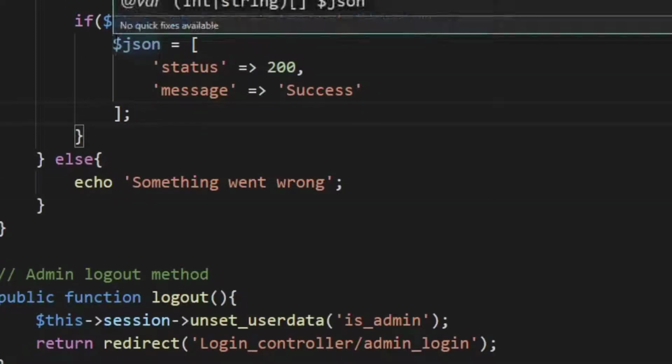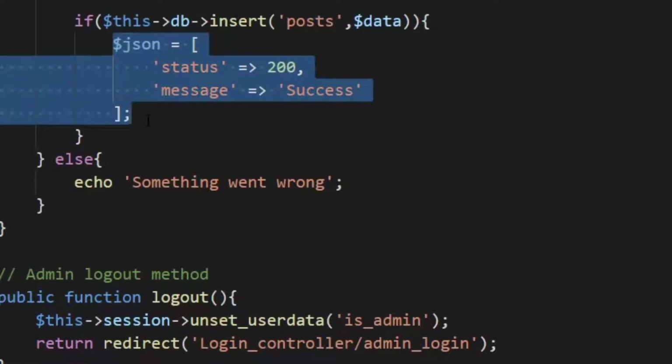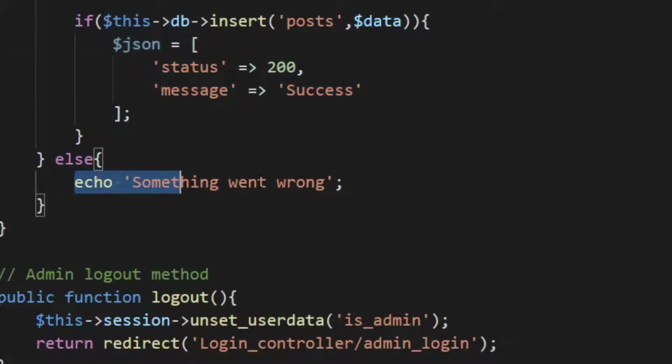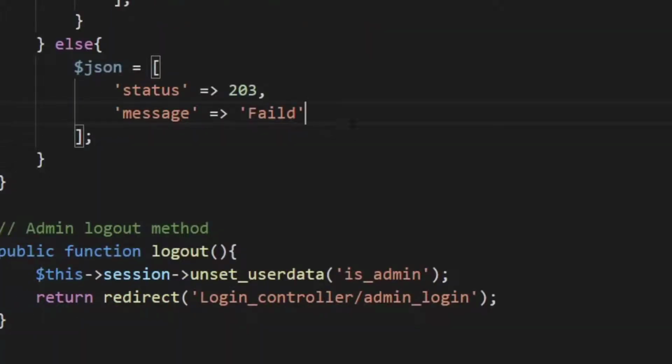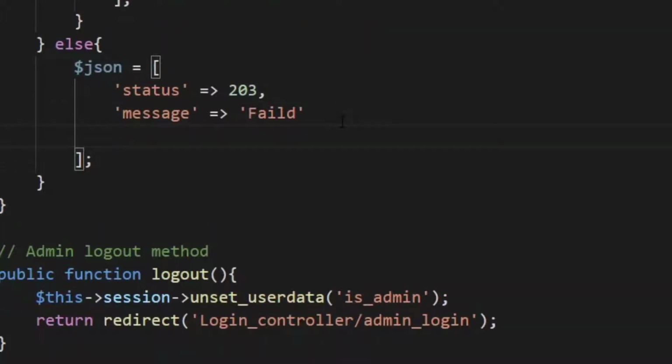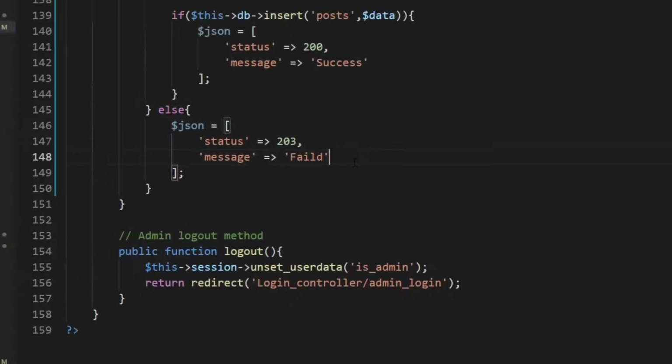Okay, and else I pass the 203 of the error and failed. Okay, let's just save this